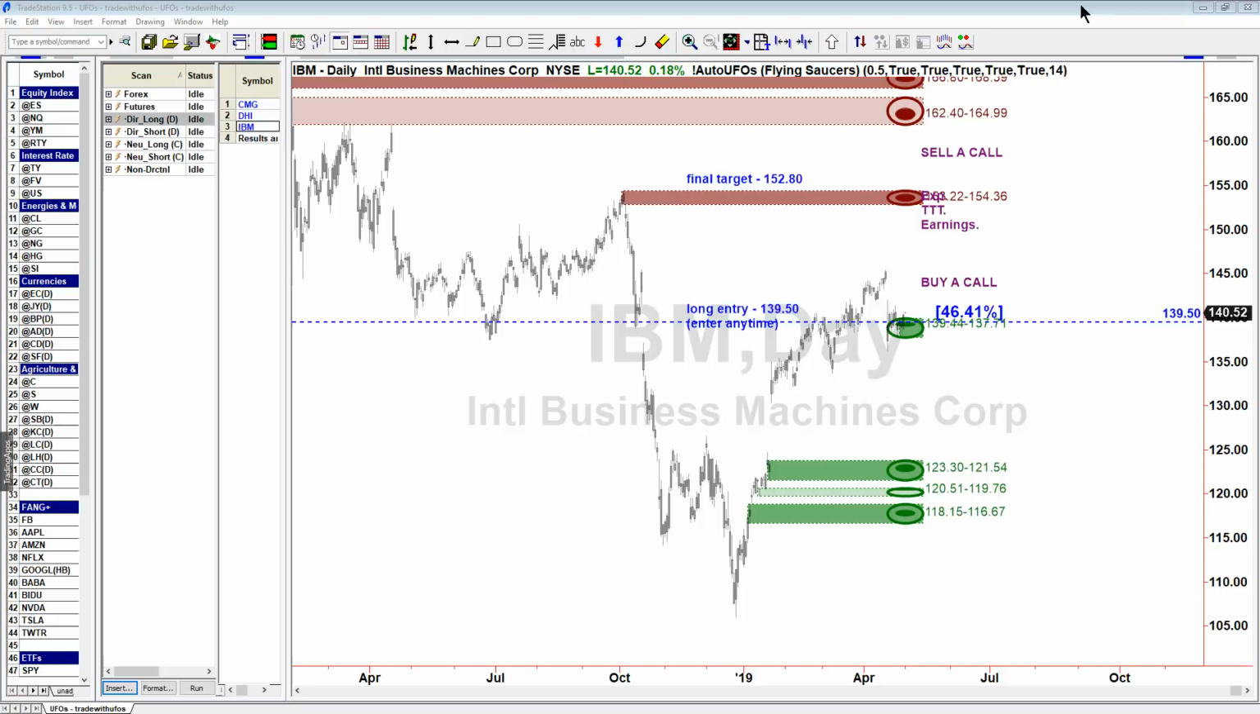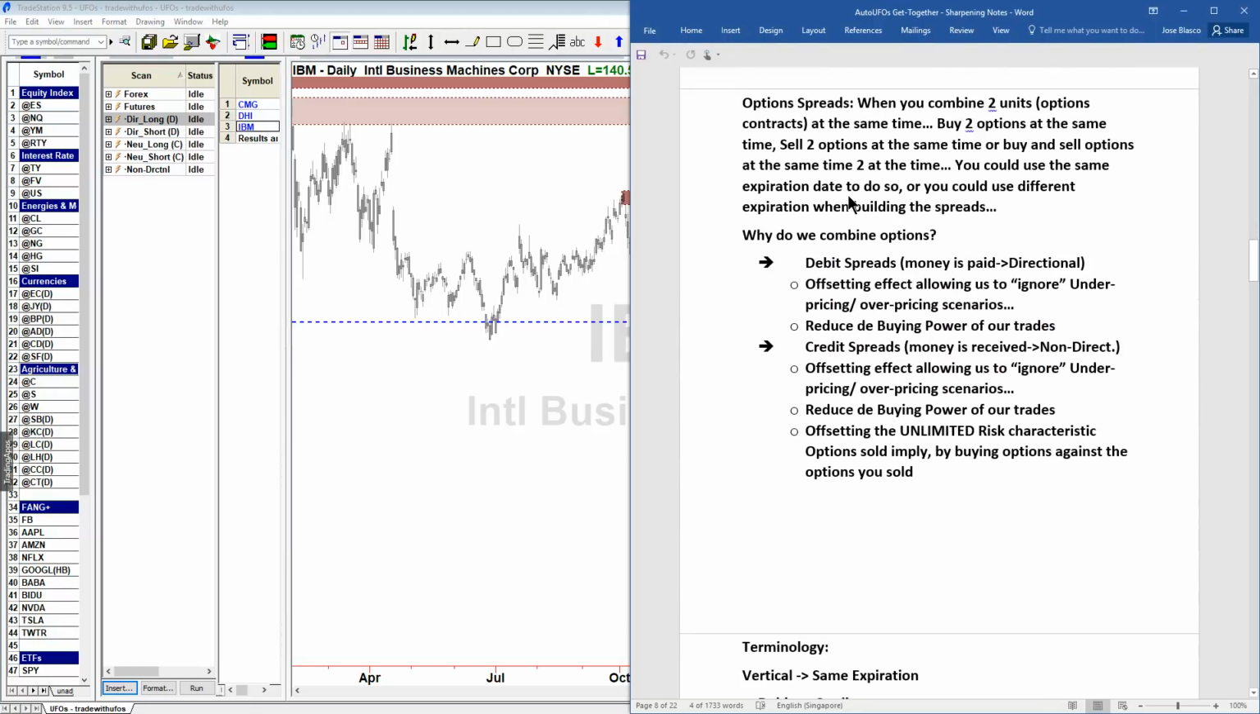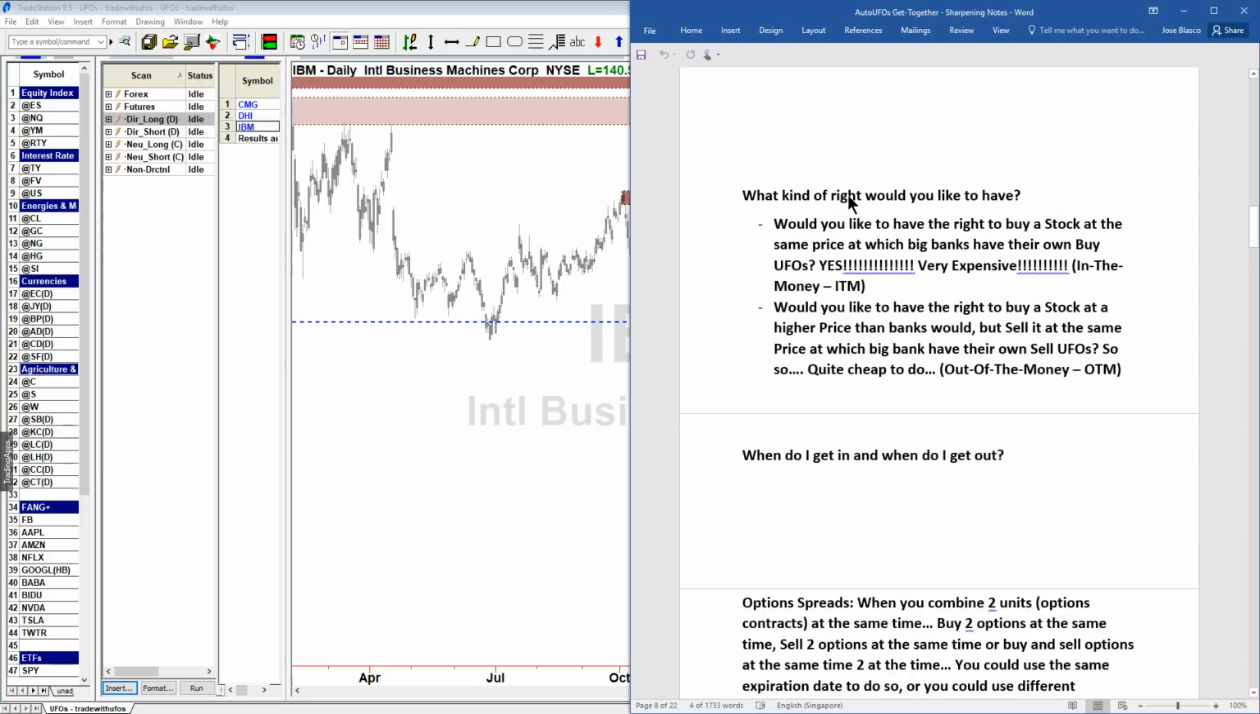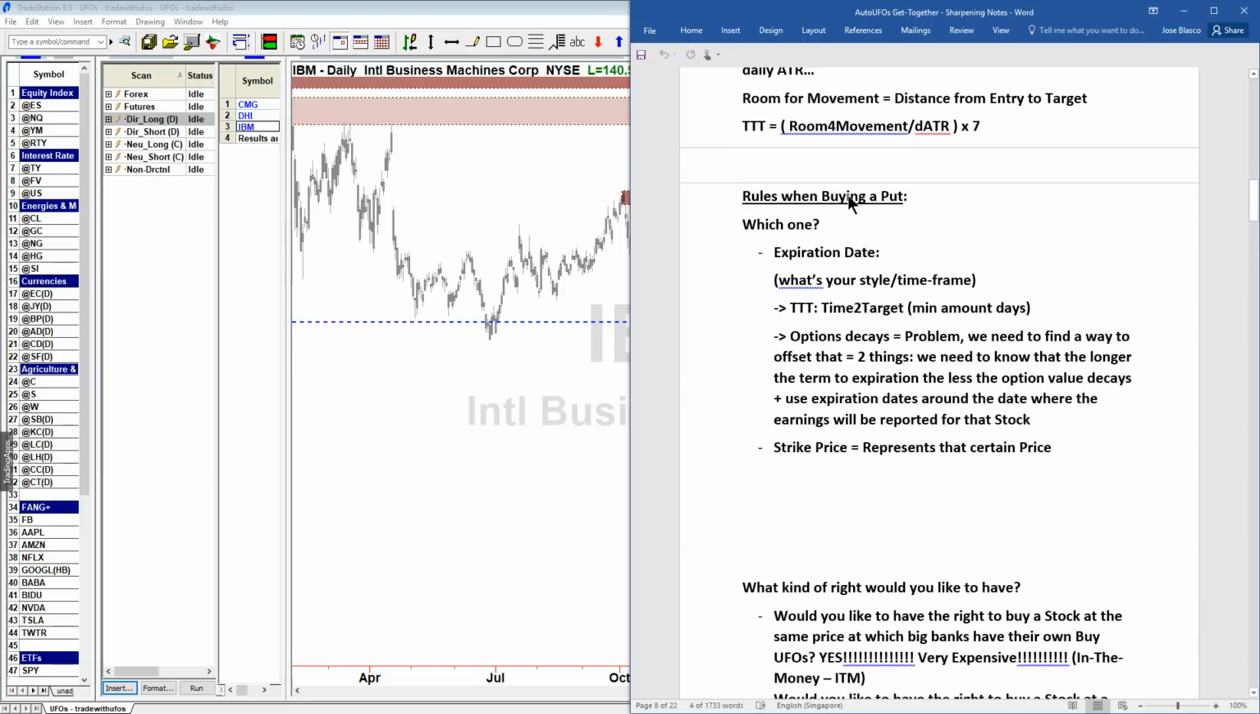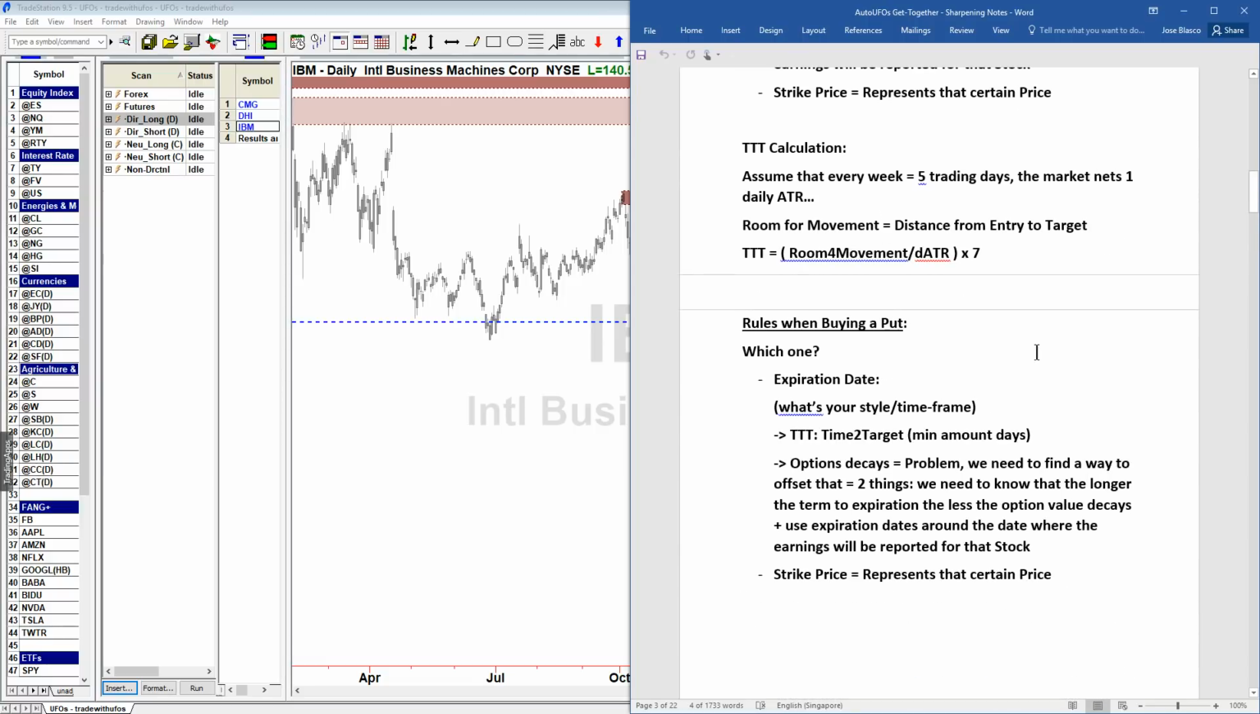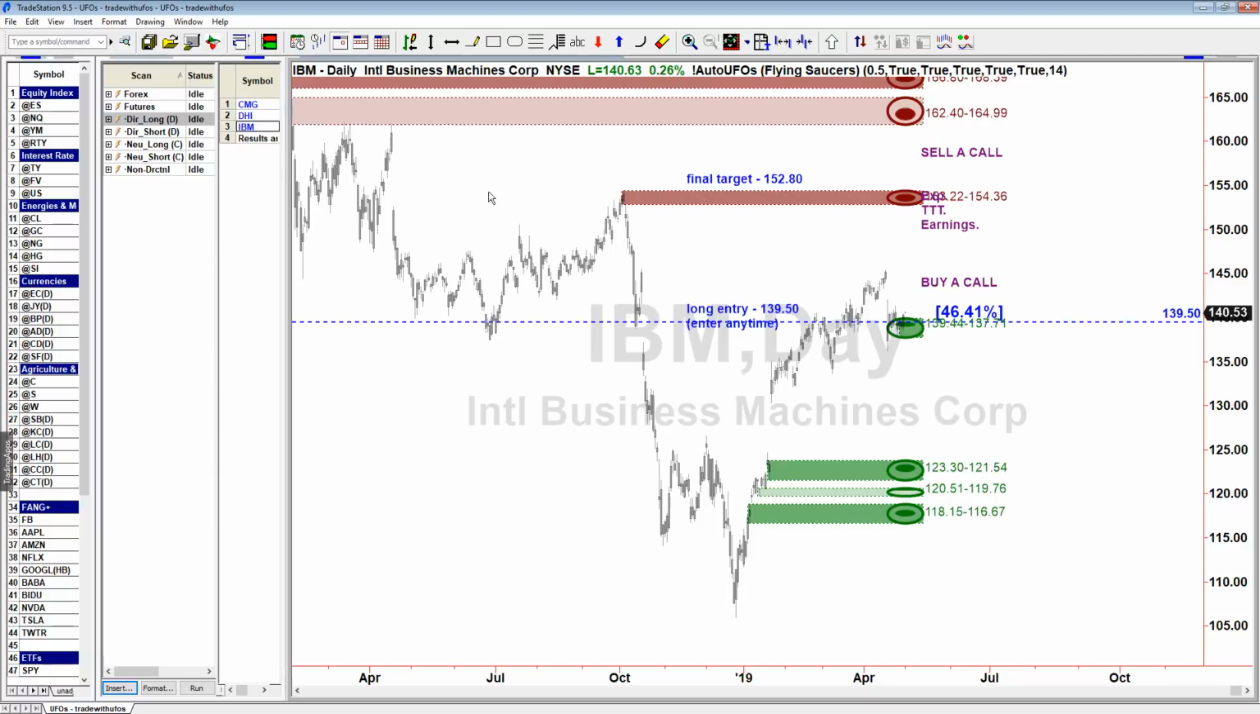So while this is loading, let's calculate the TTT, time to target. Again, if you're not familiar with the calculation, you need to review the sharpening sessions that we did for options, okay, but basically this is the formula: room for movement divided by the ATR times 7. And again, I don't have time to really repeat why it's like that because I would spend too much time, and it's recorded,